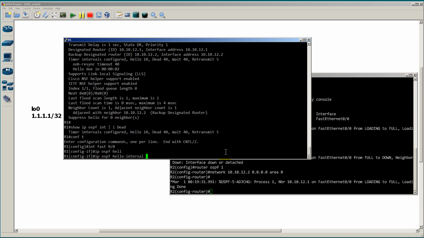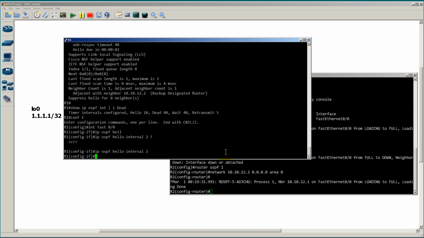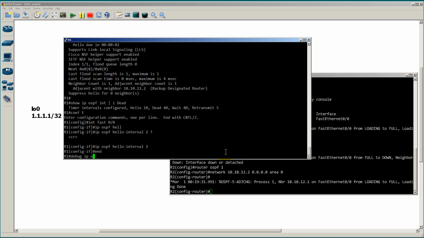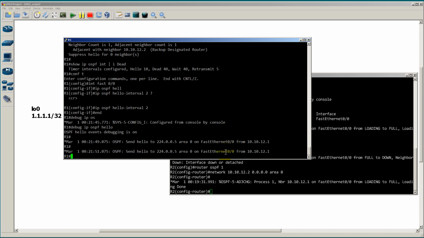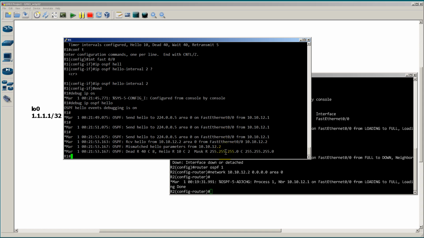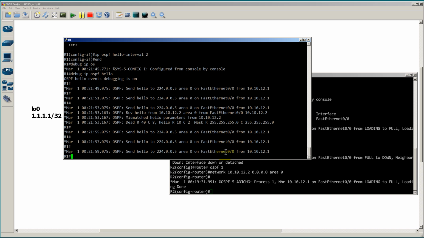So what's better than 10 seconds? Give me a number. What sounds reasonable? 5 is reasonable, 2 is reasonable. Let's go with 2. 2 sounds pretty good. So IP OSPF hello-interval 2, and nothing comes after that. We hit enter. End out of there. Now if we debug IP OSPF hello, you could see immediately that you are sending hellos every 2 seconds,